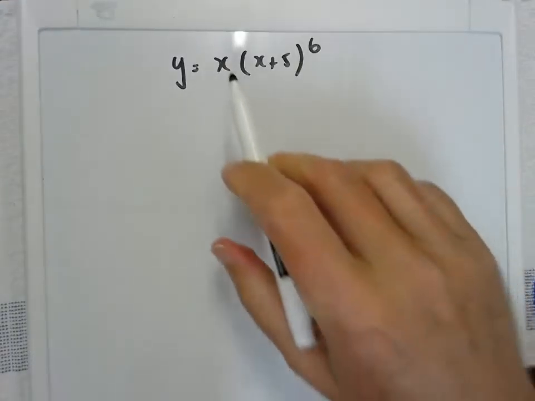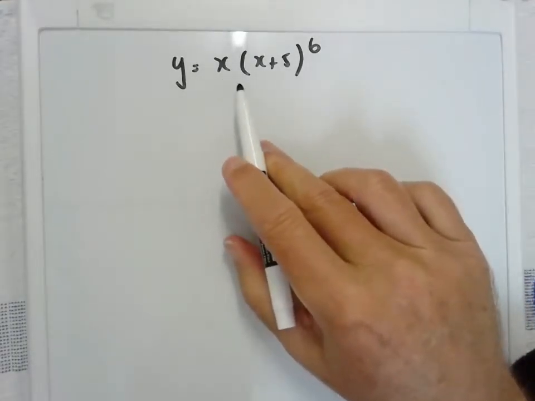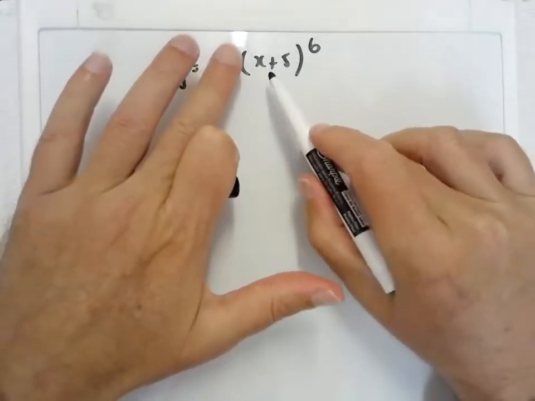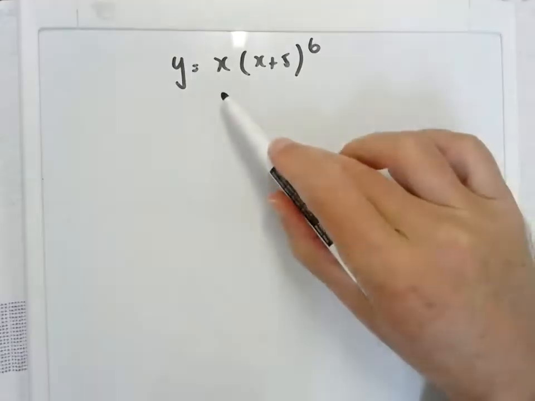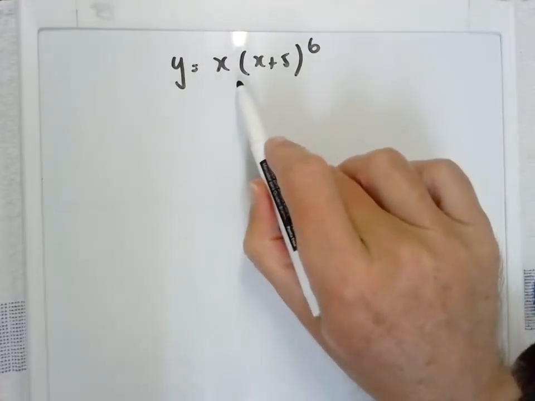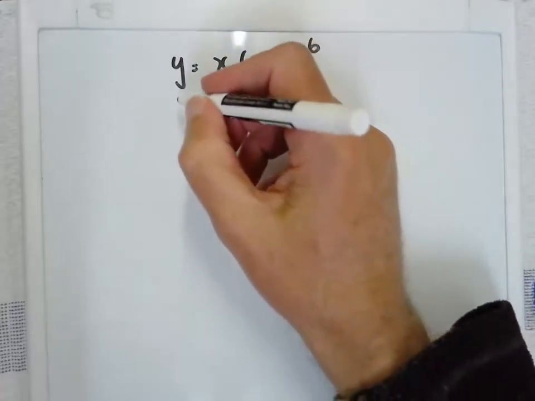Okay, another derivative here. y equals x multiplied by (x plus 5) to the 6. So we're thinking chain rule because it's a function to a power, but it's also a product rule here. So it's actually a chain in a product, so it's a bit of both here, isn't it? So we're going to